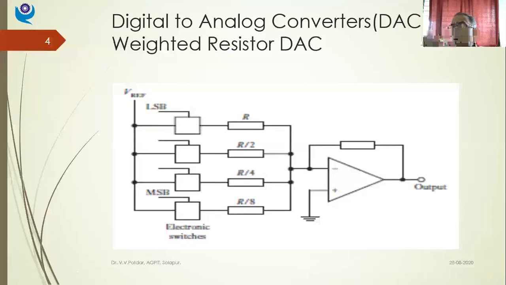Now if I want to have the number 3, and if it is voltage, it should be 3 volts that is to be generated here. So I know what the decimal value of my binary signal is. Accordingly, I'll set up my reference voltage and the resistances in such a way that I'll get 3 volts as the output signal. This is just an example. It's not that it will always be 3 volts. For that, we need to study the quantization part also. So, just as an example, how it works.